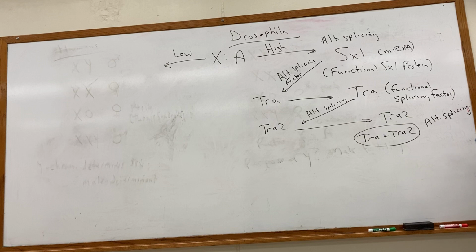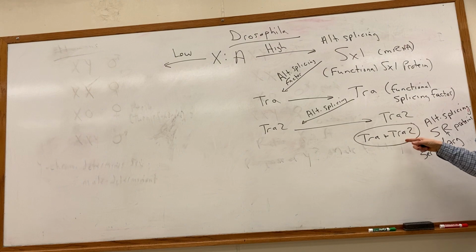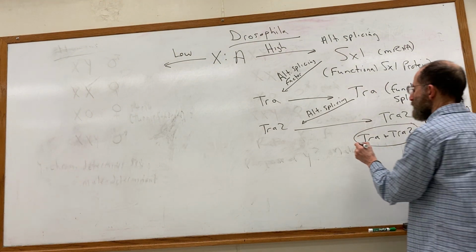of a category of splicing factors called SR proteins. And that's, the S stands for serine, and the R stands for arginine. And so these proteins, these alternative splicing factors, tend to have serine and arginine as part of their functionality. But the thing to really remember and take home is that together, TRA and TRA2 form yet another alternative splicing factor that act on